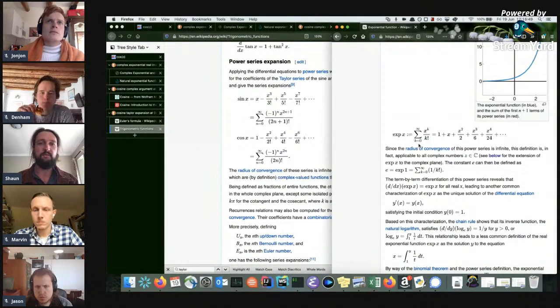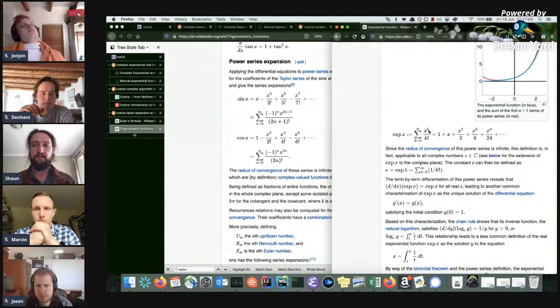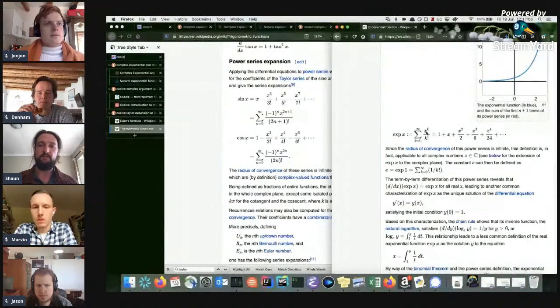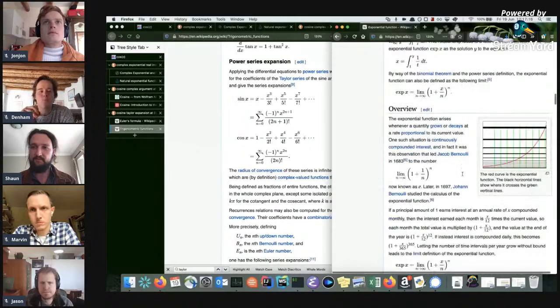And similar to what we did for cosine, you just replace x with z because we know how to do multiplication in the complex plane, right? Before they tried to define all these functions, they first defined how to multiply complex numbers together. I'm not going to go into that, but assuming that we know how to do that, then we can define these functions based on power series. And if we do that,